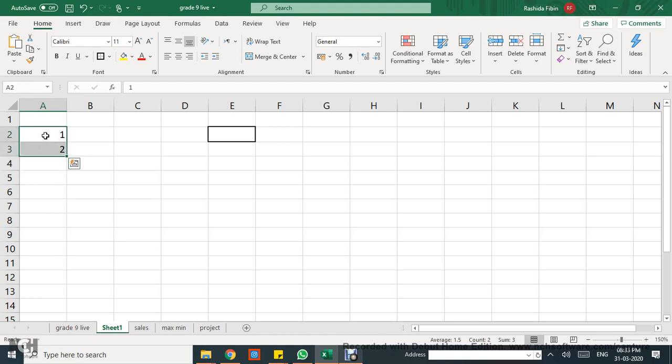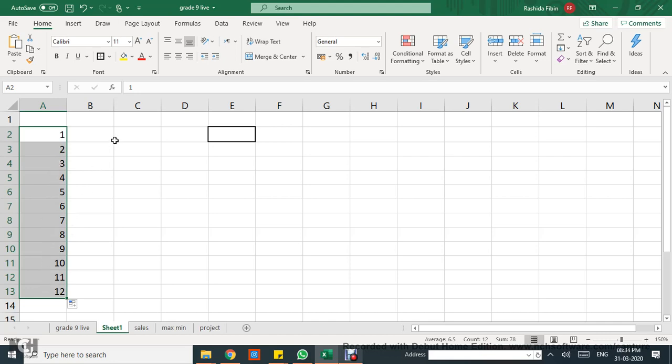You highlight the cells that have the numbers, and then you go to the corner and you can see the cursor now changes into a plus sign. You have to click and drag using this cursor so that it continues the pattern or sequence that we have started with. So when I leave my click, you can see that the continuation of the numbers has been